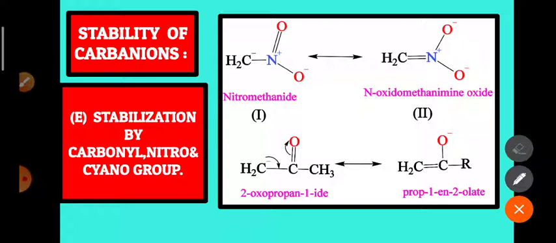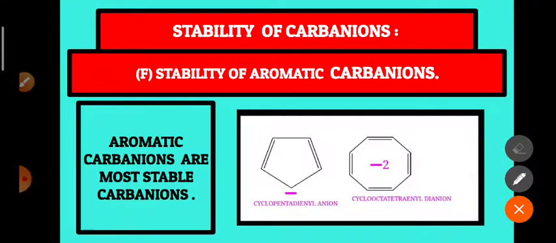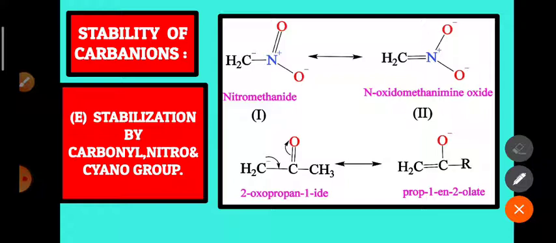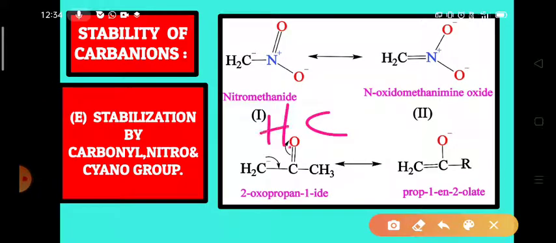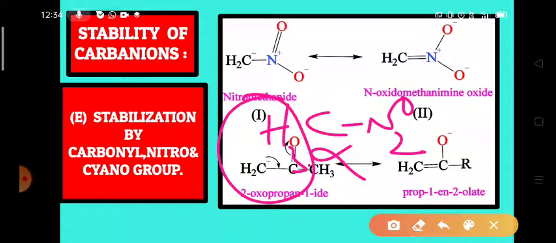So the presence of this one facilitates the hydroxide ion, negative ions, to abstract the C-H bonds. So that's why the alpha hydrogens which are present adjacent to the nitro group, cyanide group and carbonyl group are known as the acidic hydrogens. Okay now, for example, look here, this is nitromethane, so this is the alpha carbon. So these alpha hydrogens are known as the acidic hydrogens.